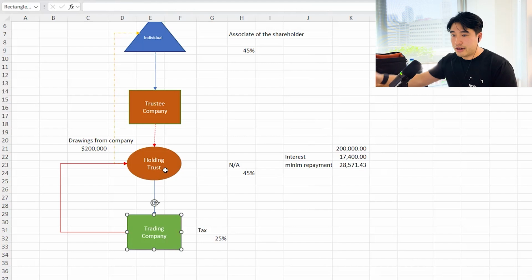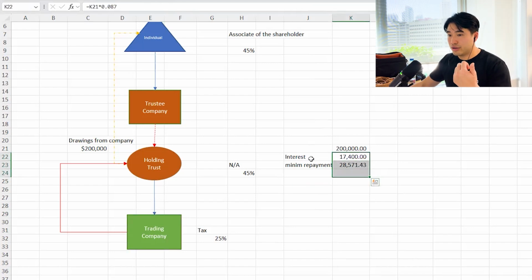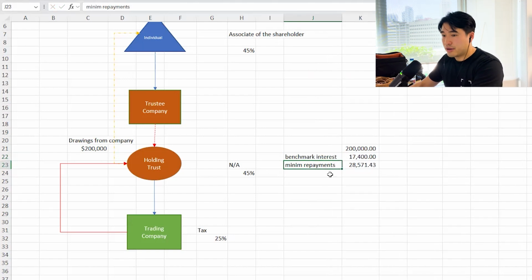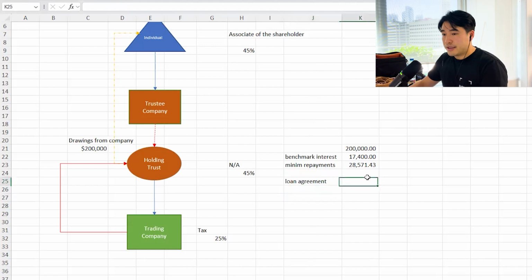Okay. One thing I want to mention about Division 7A is that, yes, you have to have that interest benchmark. That's one of the main things. You have to actually follow the benchmark interest with the ATO. And you have to make minimum repayments. I know that's spelled wrong. I just shortened it. And then you have to have a loan agreement in place. But a lot of people don't. The interest is very easy to calculate. The accountant normally prepares that for you. It calculates that for you based on the loan agreement. The loan agreement, obviously, there's a template. I can send it to you if you ever need it. So that one's very easy to prepare as well.